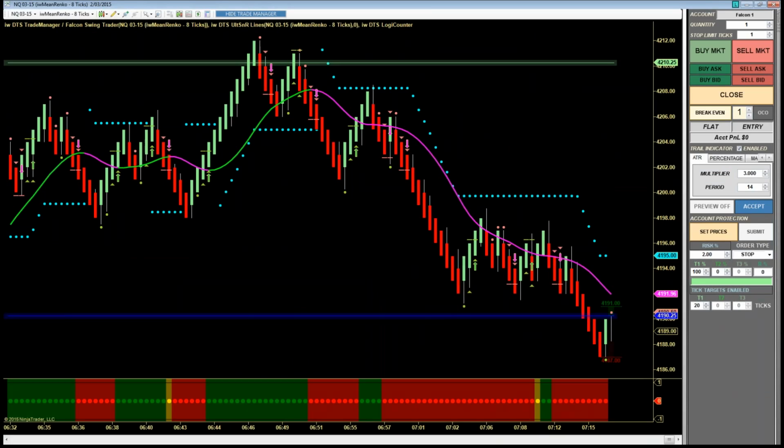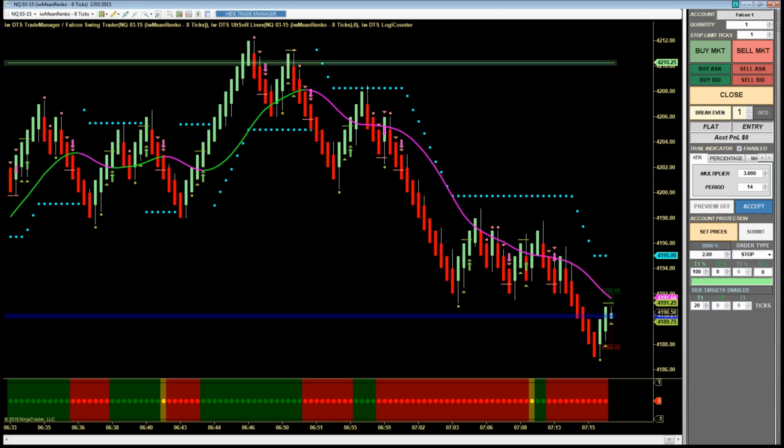Here on the NQ, we did have a late filter entry signal, which tends to be a very reliable signal in the Falcon. You'll notice we had one up here also. The late filter entry signal occurs when the filter goes out of sync, but the trend line does not. And I especially like it when the trend line flattens out like this, but does not change color. When you get that signal and it comes back into sync,